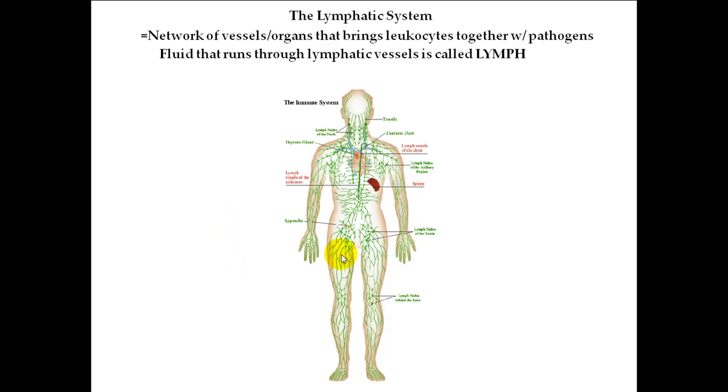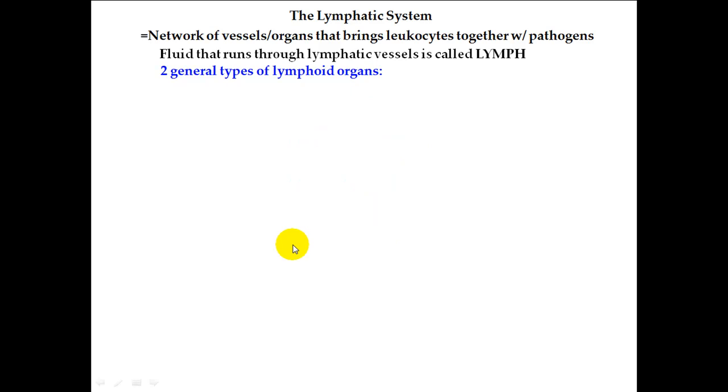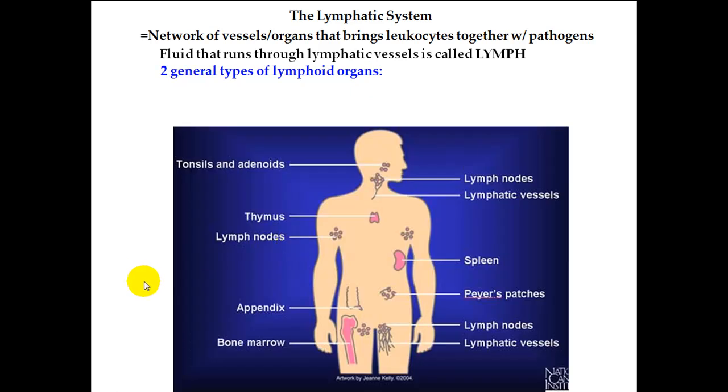It turns out that there are several organs that all of these lymphatic vessels basically connect to one another. And you can categorize those lymphoid organs as being one of two types. To make it easier to see the organs that are part of the lymphatic system, we'll show you a different picture that doesn't show the vessels, but just shows the organs of the lymphatic system. There are several organs that you see here, and again, you can categorize them all as being one of two